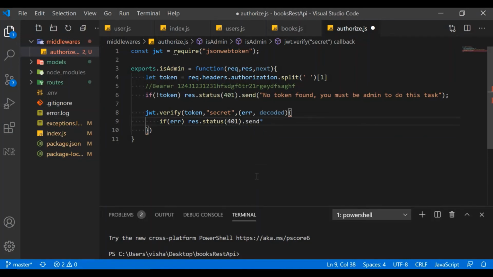Let's say unauthorized. We have some error here. Let's check what is happening. Okay, this should be a function,